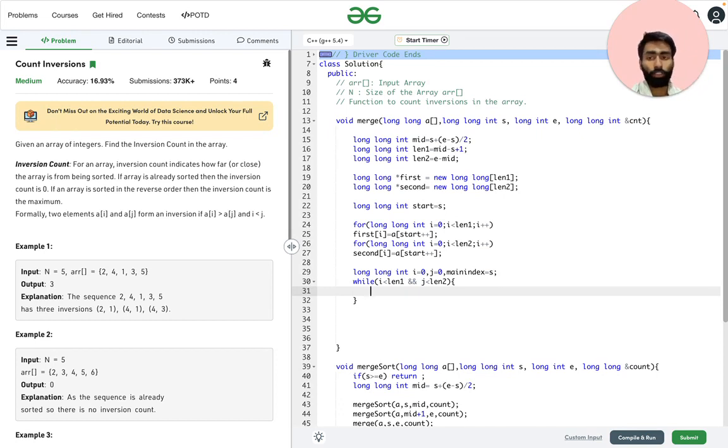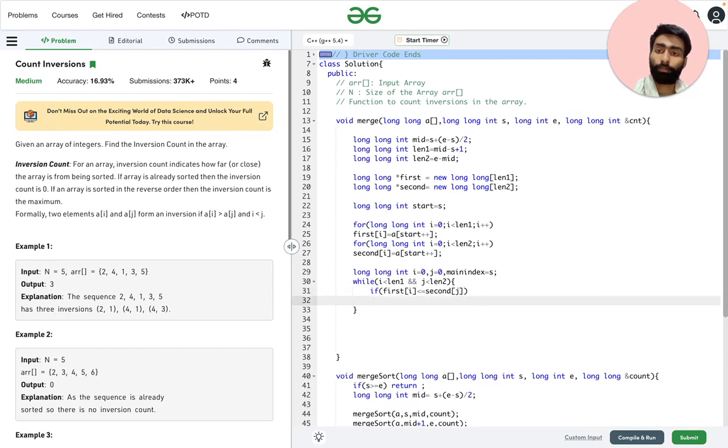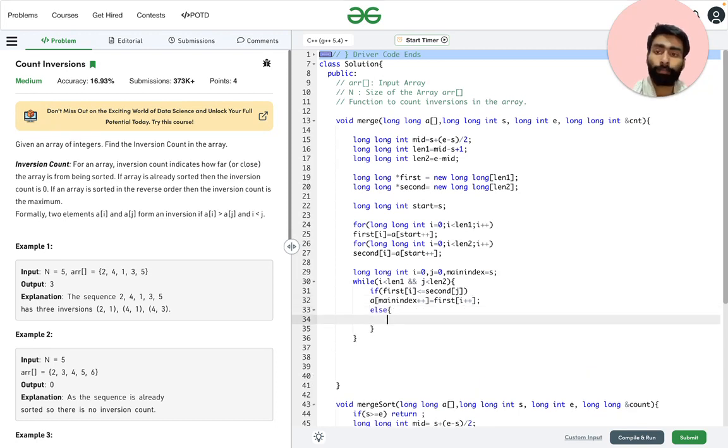If these exist, then we check the condition: if the element of the first is less than or equal to that of j, we add that to the main array and increment its index, and also increment the index of the value we are adding from. Else we will add the value of the second and also increment the count.